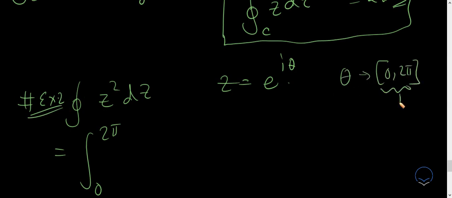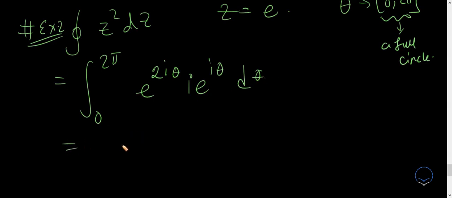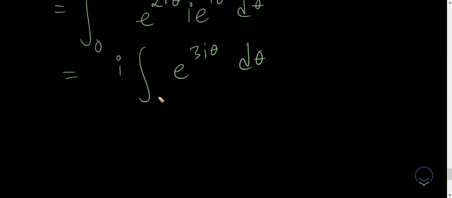This means a full circle. So this is just e to the power 2i theta, there will be an i over here, and e to the power i theta d theta, and you have e to the power 3i theta d theta from 0 to 2 pi,